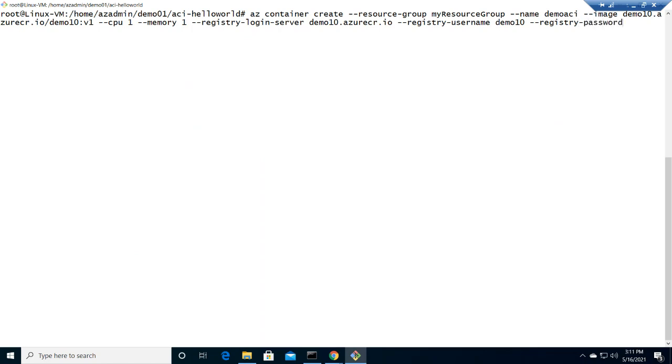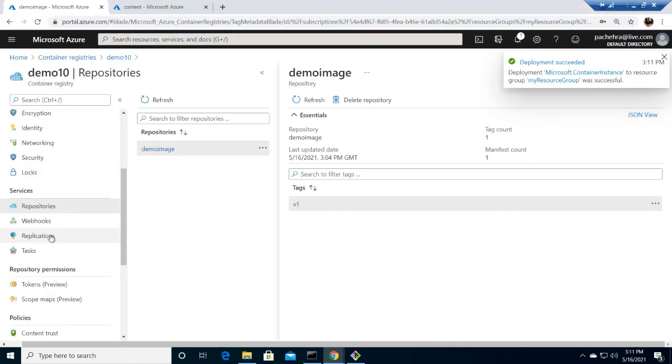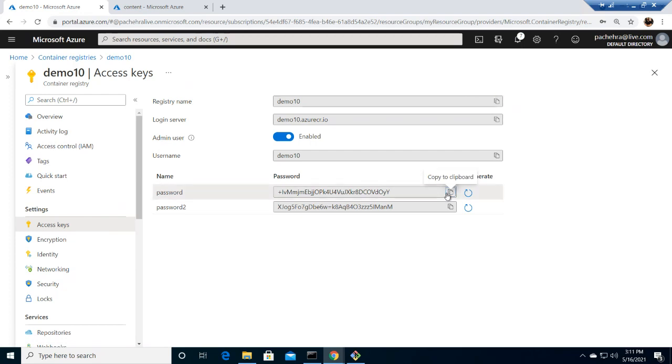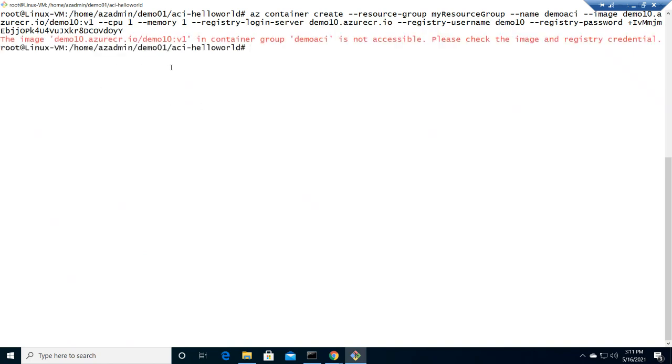Registry password, and here it is. I need to copy it because it's a demo. That's why I'm doing this openly, but it's not a good practice. But I've already showed you how you can do it through the image then and there, right? Okay, now